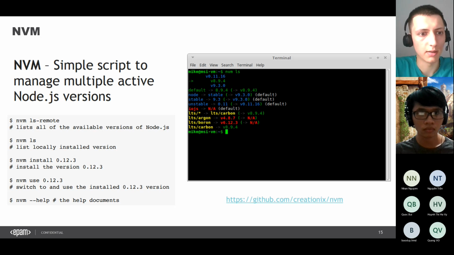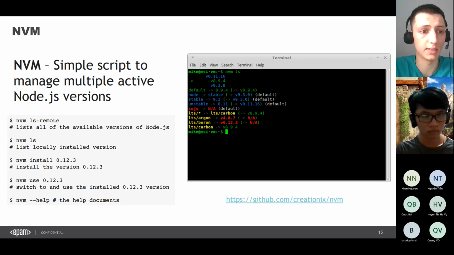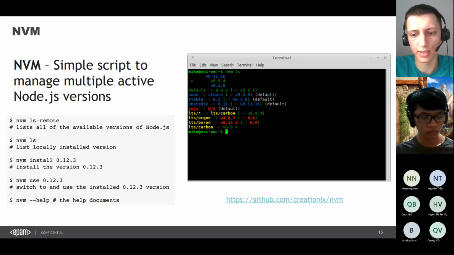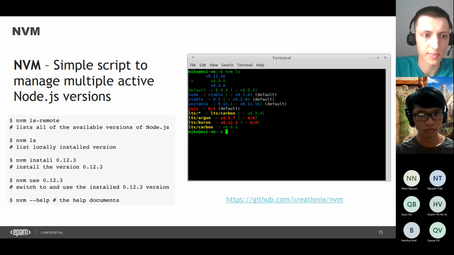After the installation, you can type nvm use and the version of Node.js, and after this command, when you type node -v, you will see the version that you've put before. So it's a way to change the version. And as I said previously, when you have several projects, you can just open another project, type nvm use, I don't know, v10, and after that you can start this project because everything will work since the version is changed. And of course, nvm help is just the documentation about this tool, with some more commands, and so on.